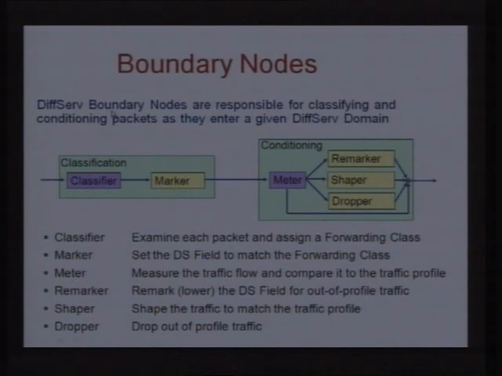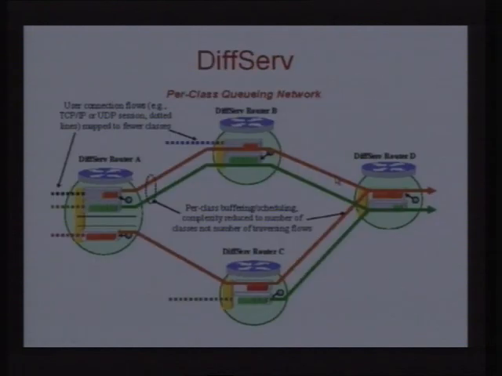Once the packets have been classified, they are required to be marked, and the packets are marked in terms of an IP header field, which is known as the ToS field, or in case of Diffserv, which is called DSCP. Once the packet has been marked, it is metered, and then several operations like shaper and dropper are performed. So now, instead of having the treatment for individual flows, the treatment for a specific class is given in these Diffserv nodes.